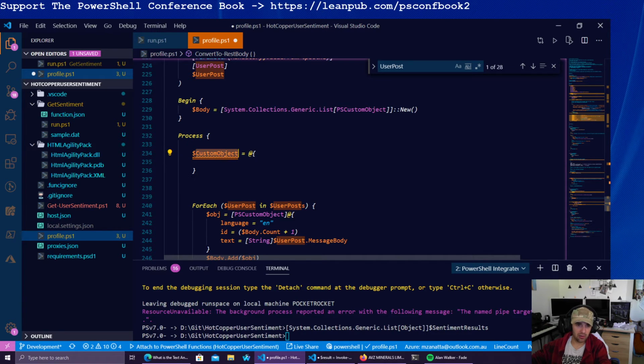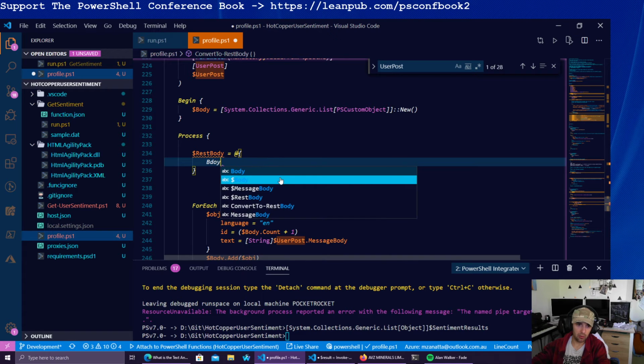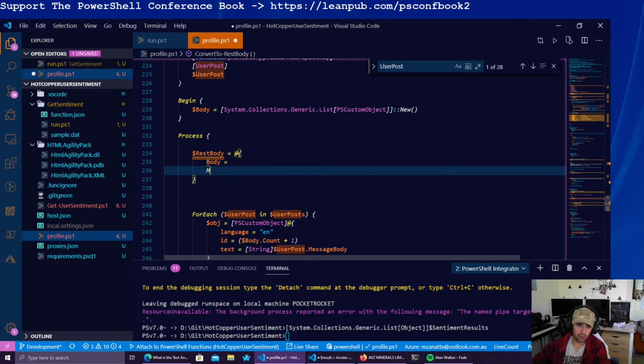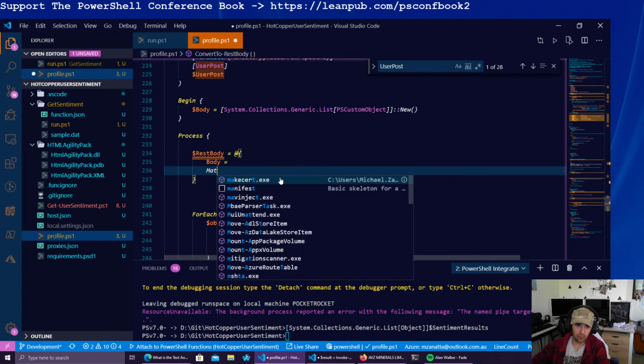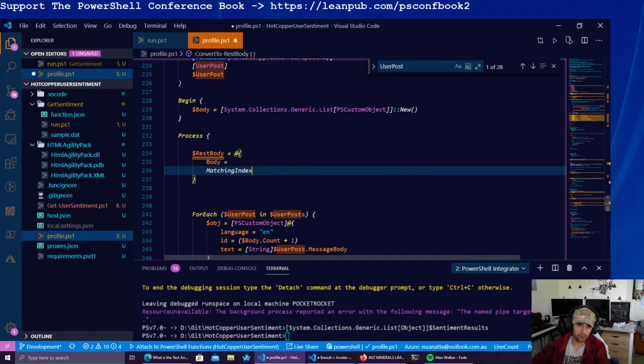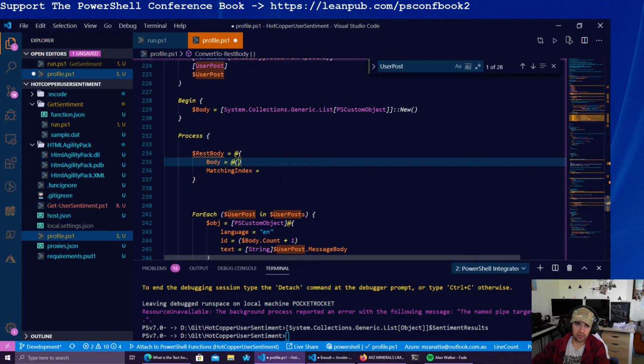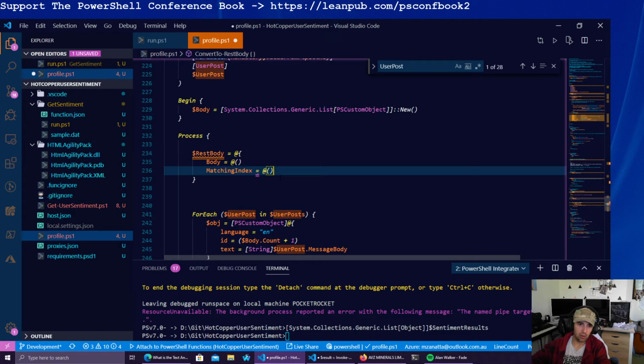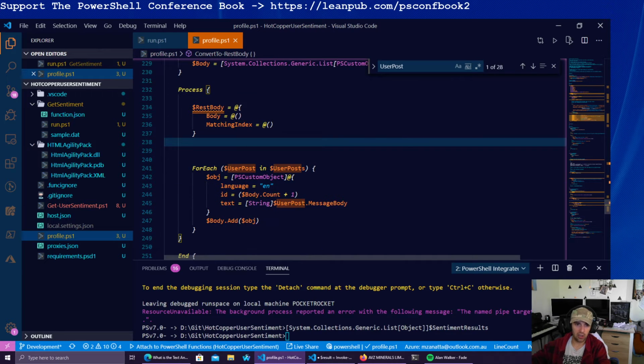So we have custom. Let's just call this rest body. So essentially, what we need is our message. I'm just going to call this body matching ID. Oh, I'm just going to call it index or matching index. So essentially, we've got two arrays that basically we can use. So essentially here, what we need to do now,